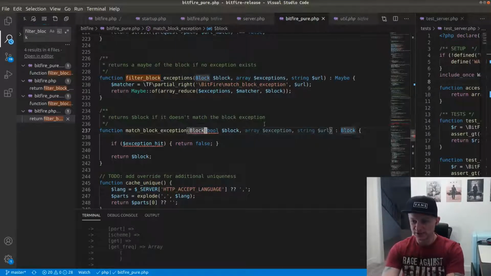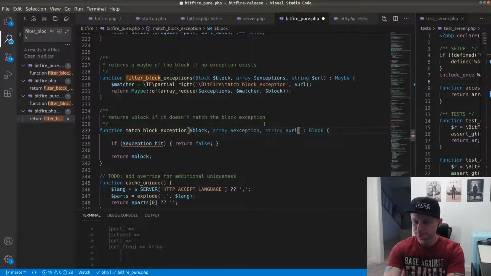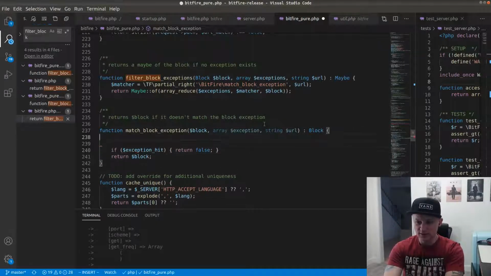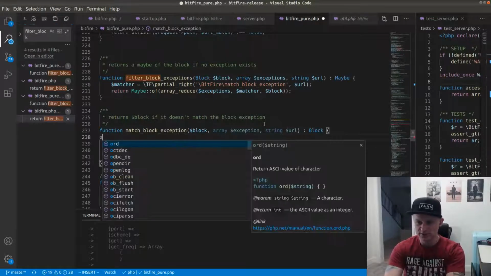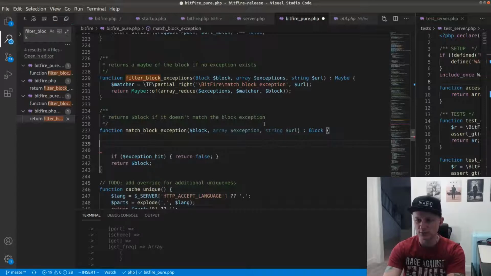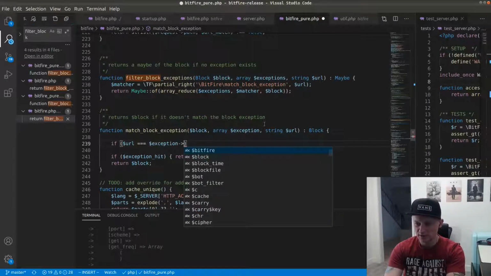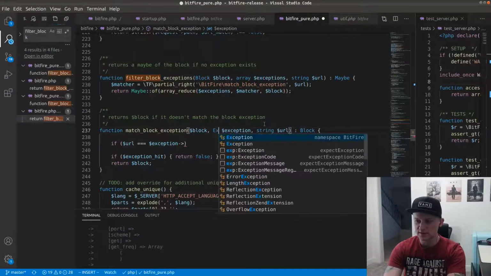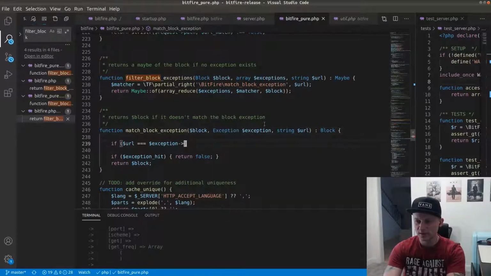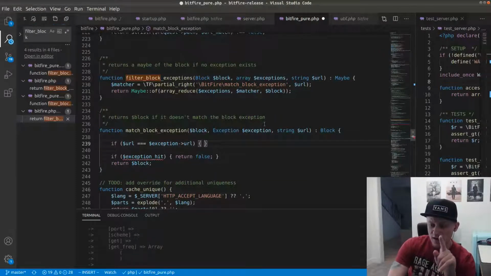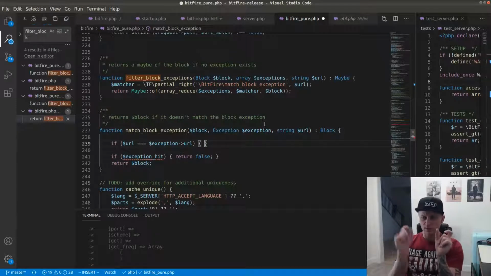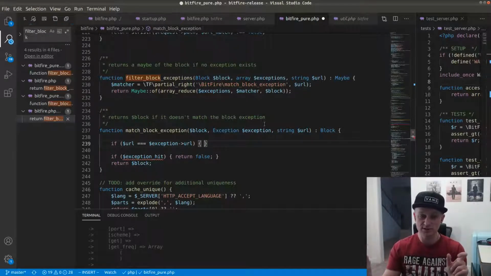Well, I guess we just get rid of that. Now all we need to do is create this if exception hit function, right? So how do we know if the block matches the exception? Well, if URL equals exception. Oh, this isn't it. This is an actual exception, right? Equals exception URL, then, so if the URL that we're blocking on matches our exception block URL list, right? Then